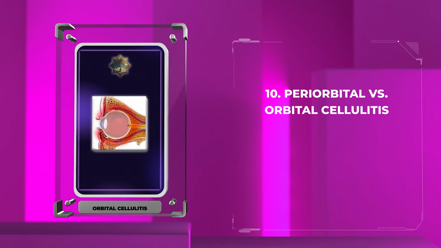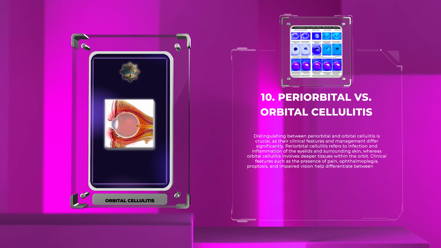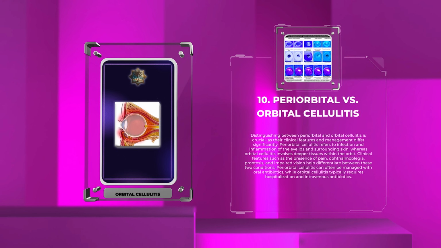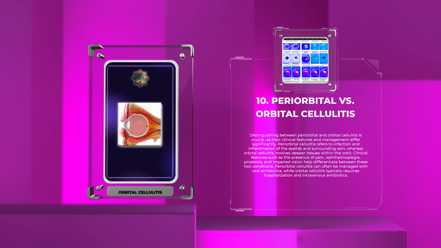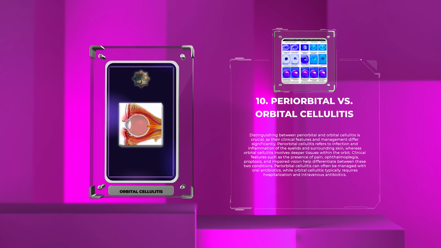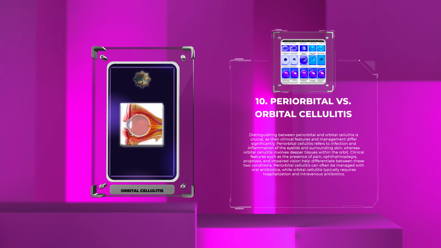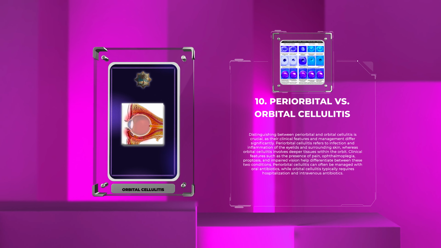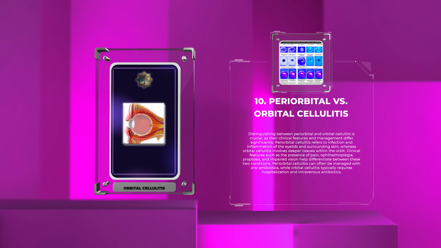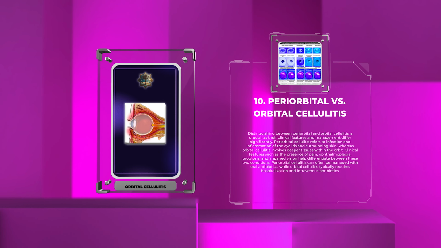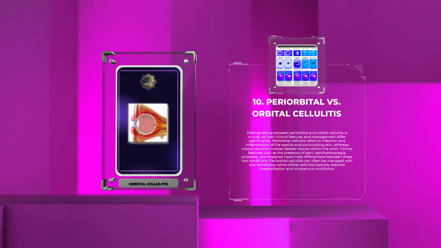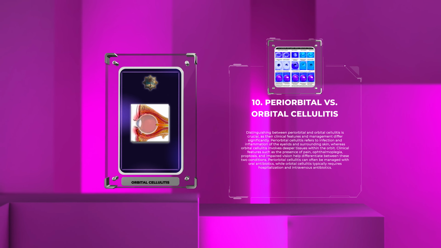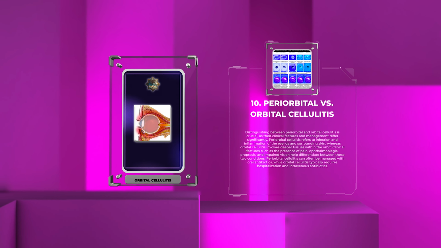Distinguishing between periorbital and orbital cellulitis is crucial, as their clinical features and management differ significantly. Periorbital cellulitis refers to infection and inflammation of the eyelids and surrounding skin, whereas orbital cellulitis involves deeper tissues within the orbit. Clinical features such as the presence of pain, ophthalmoplegia, proptosis, and impaired vision help differentiate between these two conditions. Periorbital cellulitis can often be managed with oral antibiotics, while orbital cellulitis typically requires hospitalization and intravenous